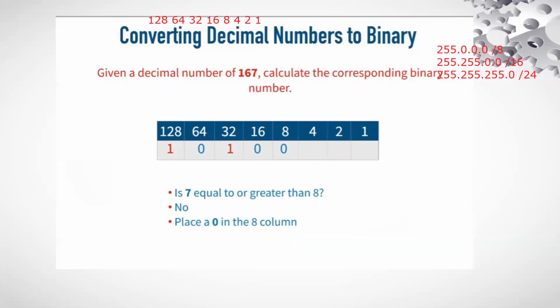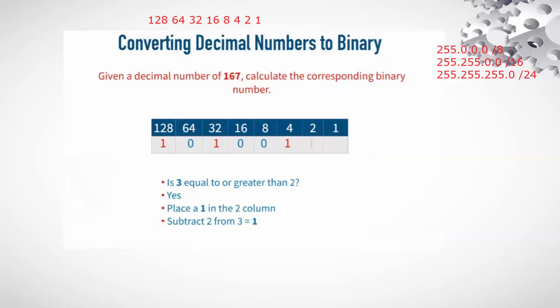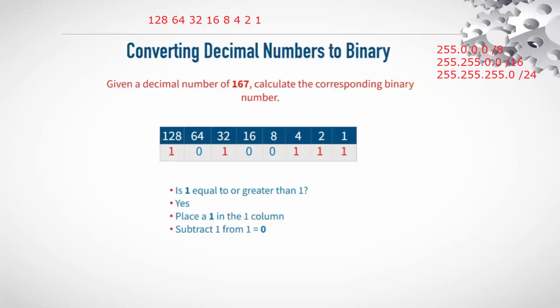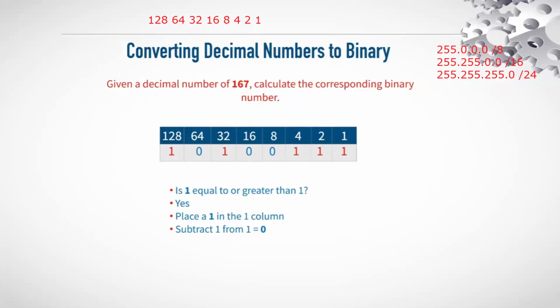So what will happen? 16 and 8 will be 0. Now again, is 7 greater than or equal to 4? So 7 minus 4 is what? 3, right? 3 is pending now. So we mark it as 1 over there. Is 3 greater than or equal to 2? Yes. We mark it as 1 over there. Now the last one is 1 greater than or equal to 1? 1. So we got the binary number as 10100111. Intent is that you just need to subtract your corresponding number from left to right until you